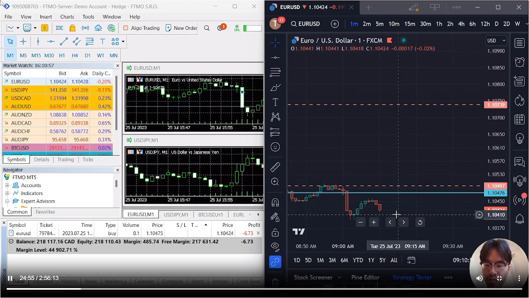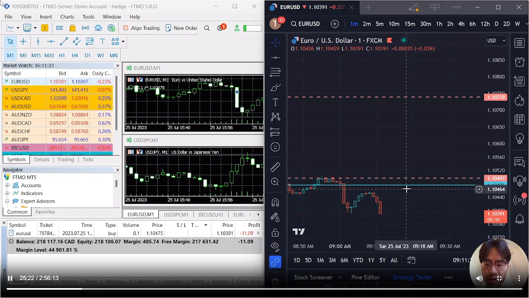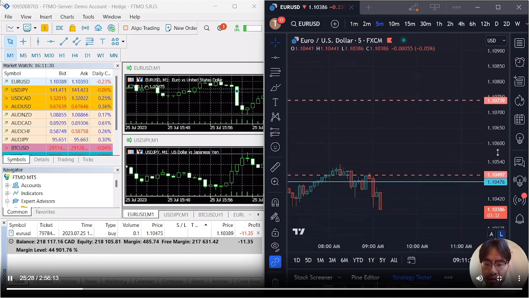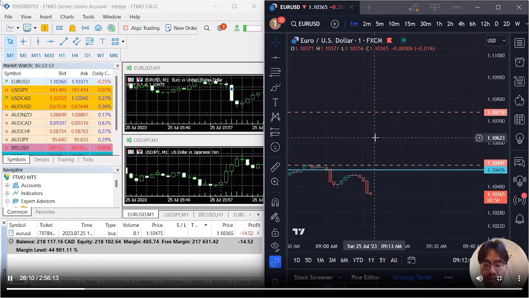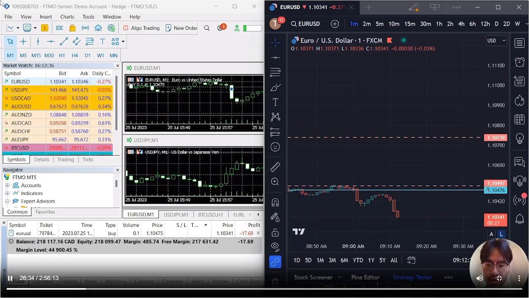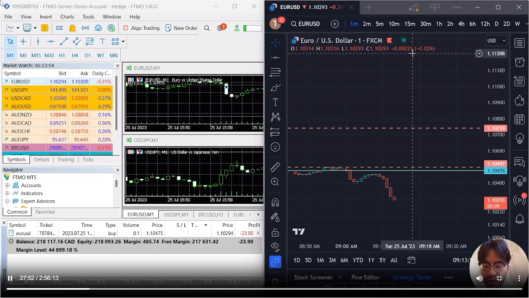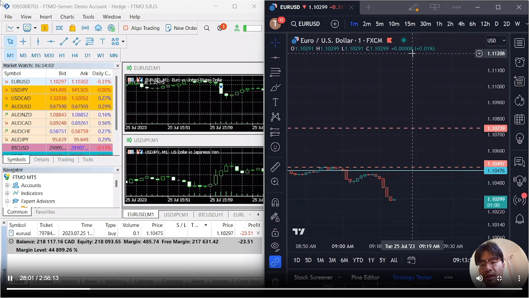Retesting this bottom here, 1.10401, 410. I mean, retesting or puncturing it. What is happening here? Outlook is still quite bullish, but we'll give it some time. I don't think there would have been anything to trade even before now. Should we wait? Now it's looking bearish. I still don't understand this. It's supposed to be quite bullish today.